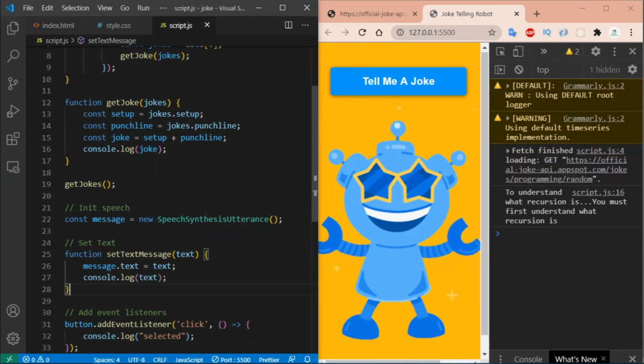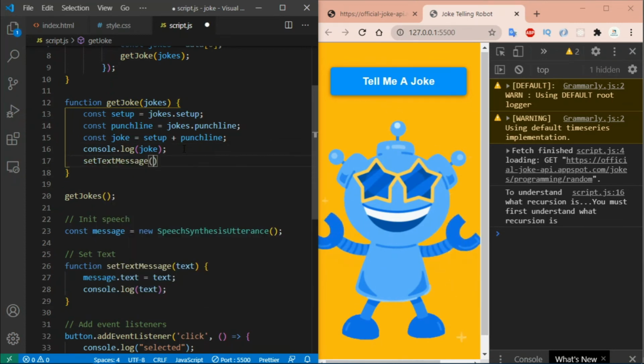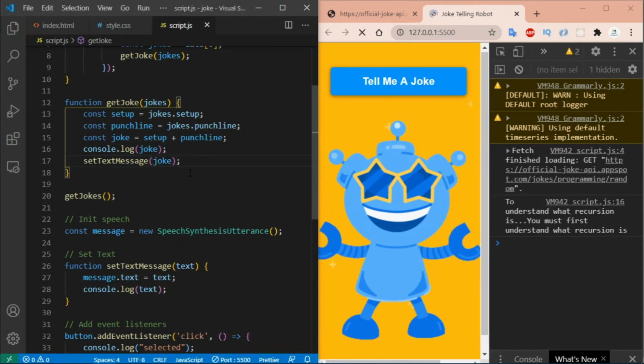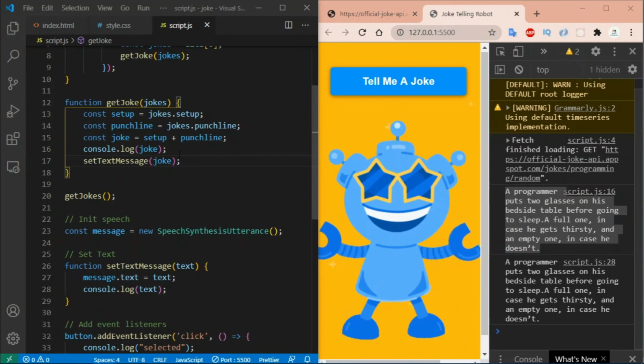Okay, now call this function inside this getJoke, setTextMessage, and pass the argument joke inside this. Now it console.logs this joke two times because we are console.logging here and here also. Up till this point all we did works correctly.